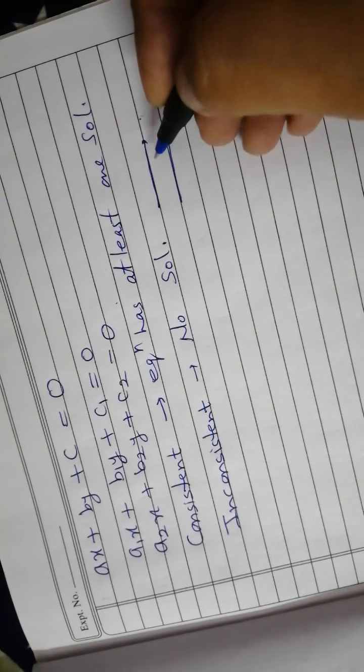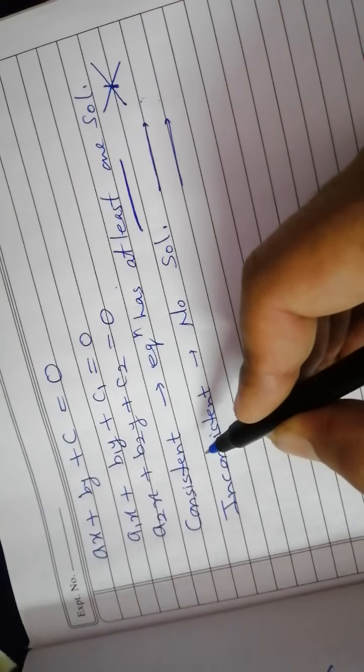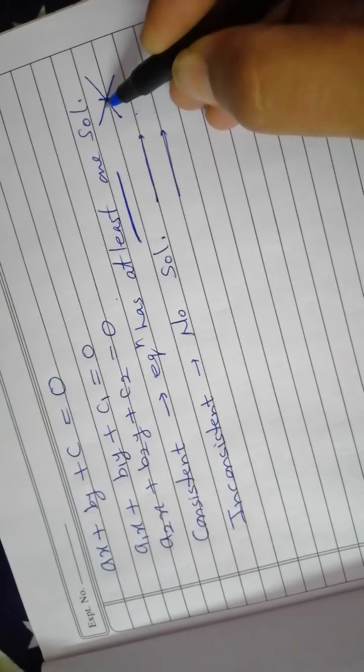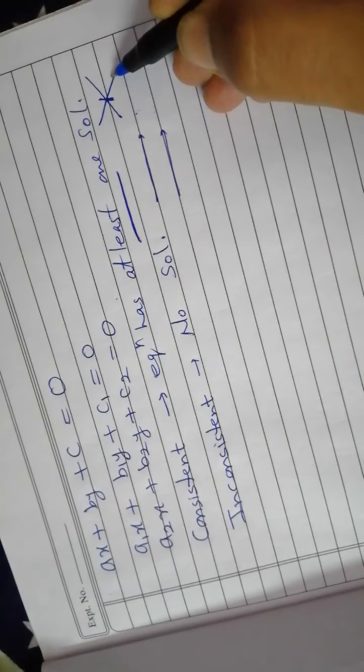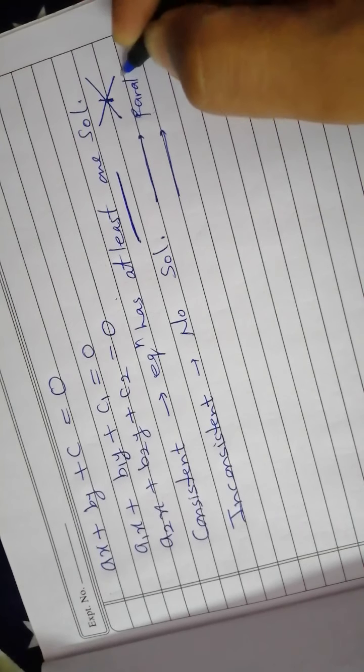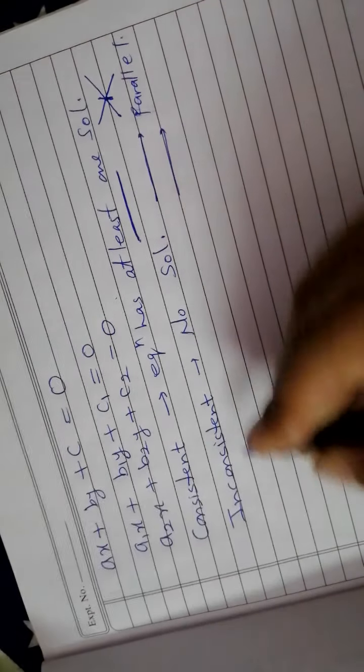And equations which have at least one solution means, like this is one line and that is another line, both lines are going to intersect at one point, then it is one solution, so it is called consistent, or we can say intersecting lines. If one line is there and the second line is also there, that means overlapping, or you can say coincident lines. So consistent means if the lines are coincident or intersecting. And inconsistent means the equations have no solution, and no solution means the parallel case. If lines are parallel, then they will not have any solution, meaning inconsistent.